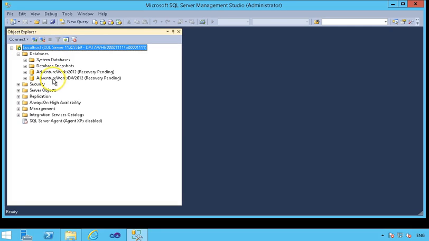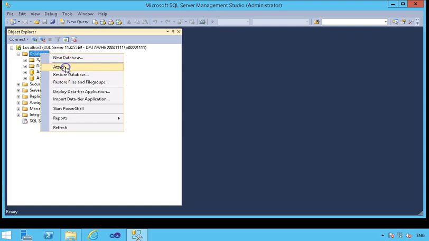You may see the two databases we had from previous sessions. Don't worry about the recovery pending in this example. But you'll see we haven't got the SalesStar attached. So let's right-click and attach,